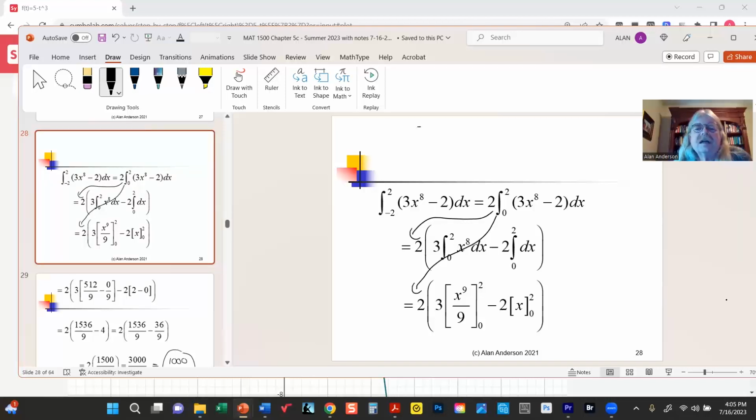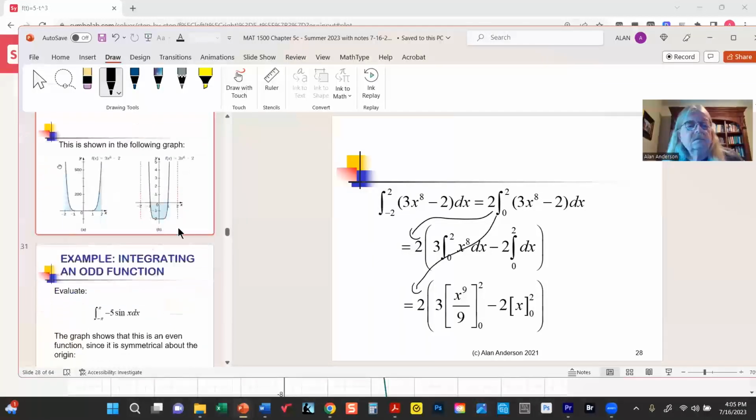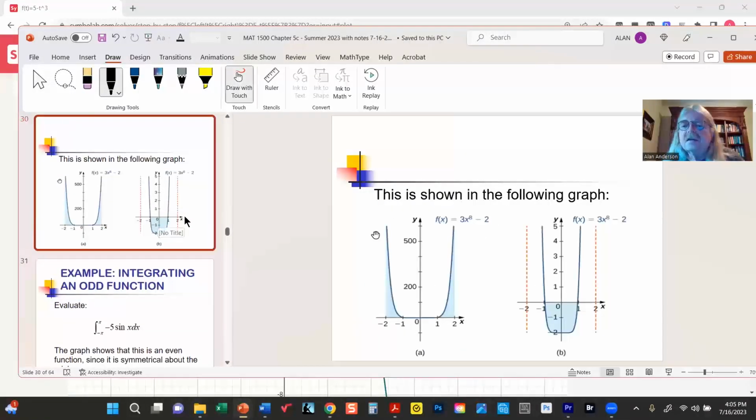Now, if you're trying something else, like let's say it had been something like this, then this doesn't work because you've got the wrong interval, the wrong range. But when it's the exact same amount below zero and above, then we can use this principle. And this is the graph that shows you exactly what we just demonstrated, that the area that we are interested